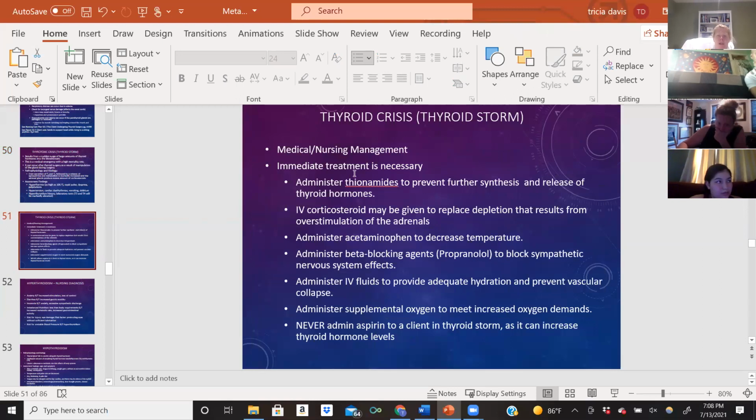So medical management: we know that this is an emergency situation and immediate treatment is going to be necessary. The doctor is probably going to order those thionamides to help prevent further synthesis and release of the thyroid hormones. The patients are going to be getting IV